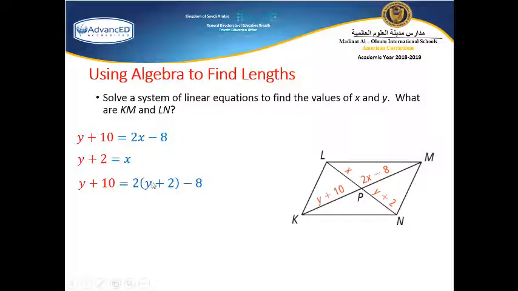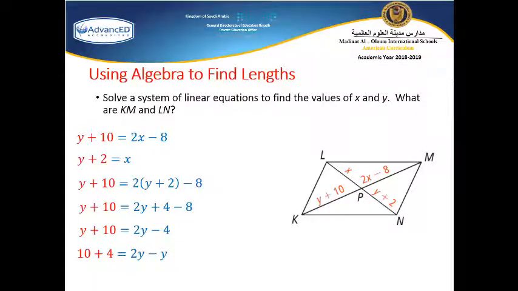Then using the distributive property, y plus 10 equals 2y plus 4 minus 8. By solving this equation, y plus 10 equals 2y minus 4. By moving y to the other side and combining like terms, 2y minus y equals 10 plus 4, then y equals 14. After finding the value of y equals 14, we can make a substitution in